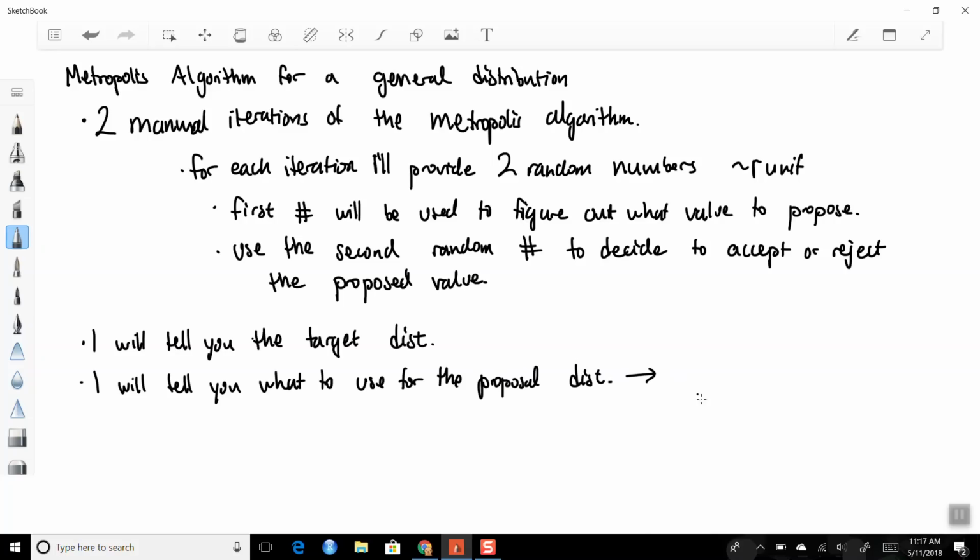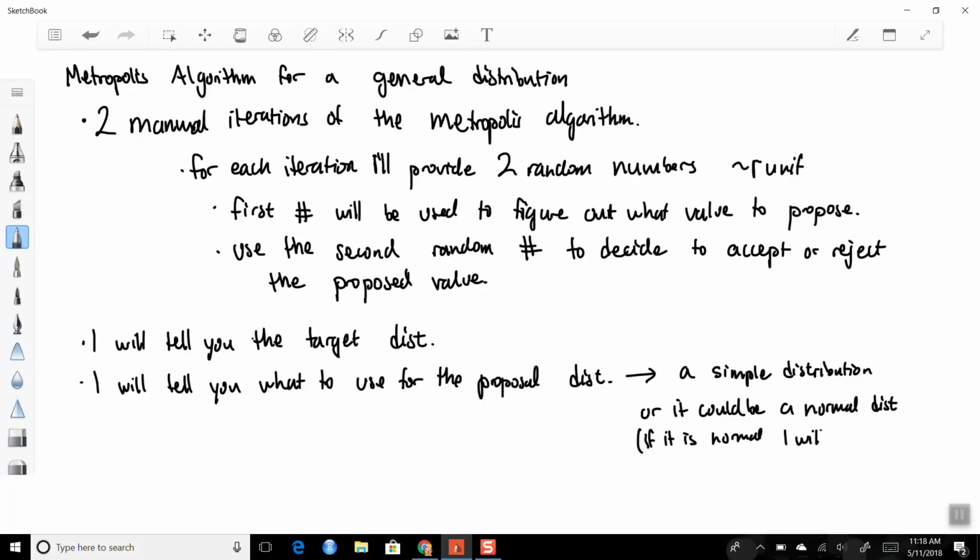The proposal distribution could be a simple distribution, I don't want to give too much away, or it could be a normal distribution. And if it is normal, I will provide a z table